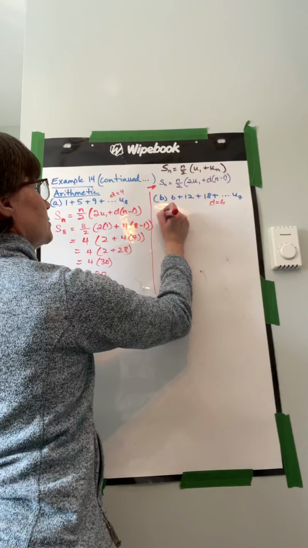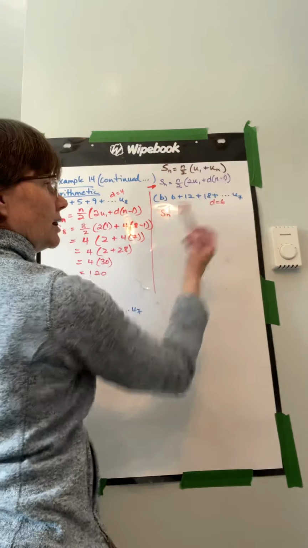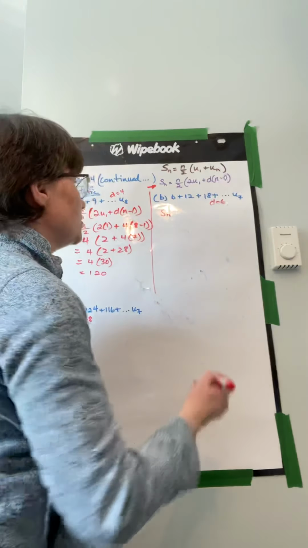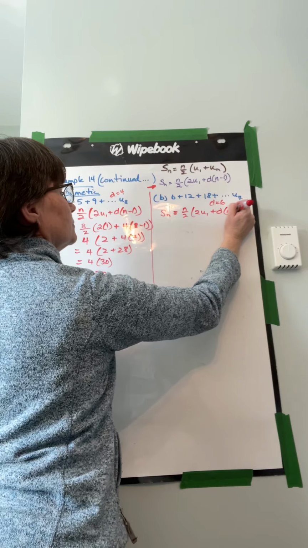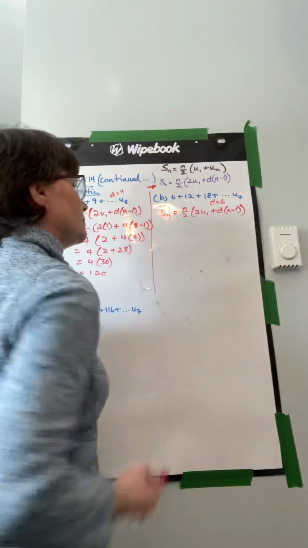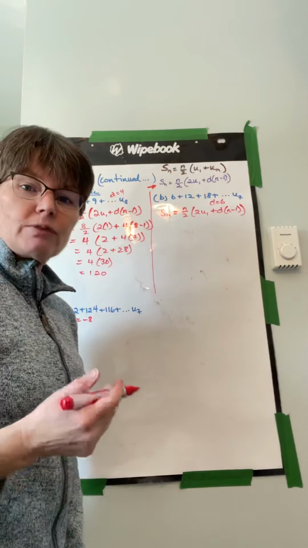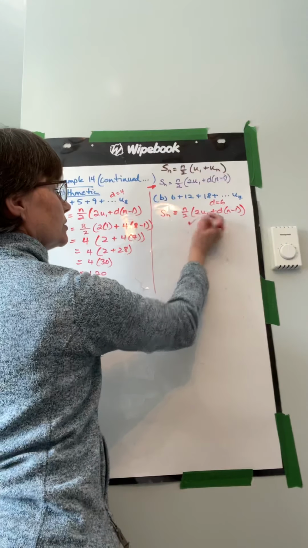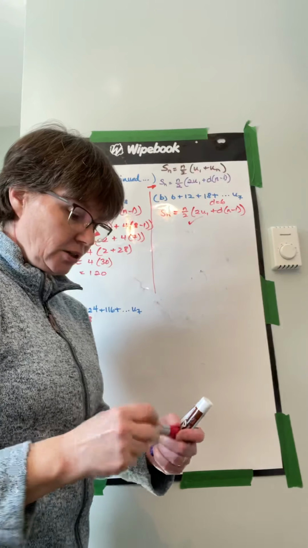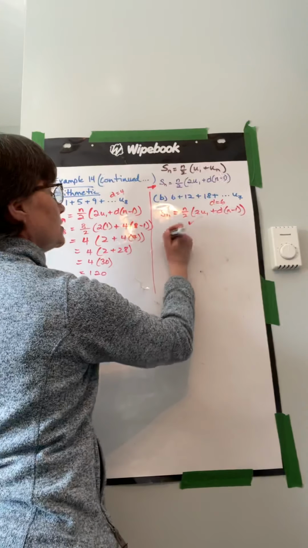Same thing, we need to calculate Sn. We know what d is equal to, we don't know that last term, so we need to use the second formula. Okay. Instead of using the second formula, if you would rather do things in 2 steps, you can do that. So you absolutely can use this formula, but instead, just to show you another way, I'm going to do it in 2 steps. So first I'm going to calculate